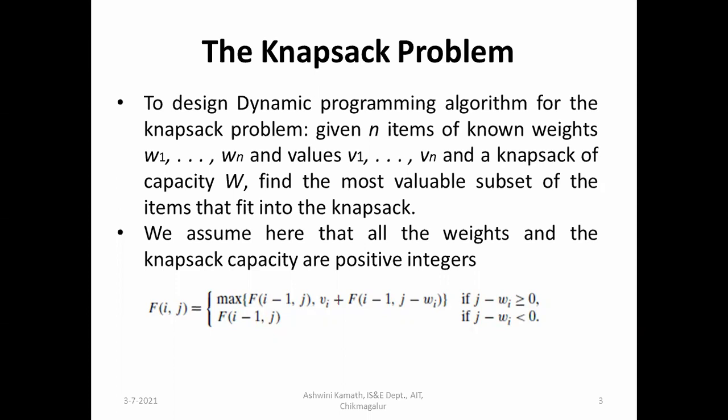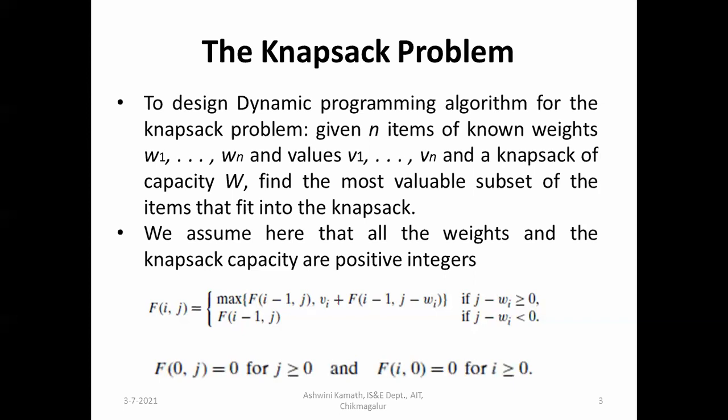If the condition is not true, that is, you have an 11 kg item and you cannot put that into the knapsack as the capacity of the knapsack is 10 kg, then you have to exclude that item and keep the previous value as it is. So f of i comma j is equal to f of i minus 1 comma j, if j minus wi is less than 0. If you get a negative value when you take the difference between these two, then it will be the previous value, f of i minus 1 comma j.